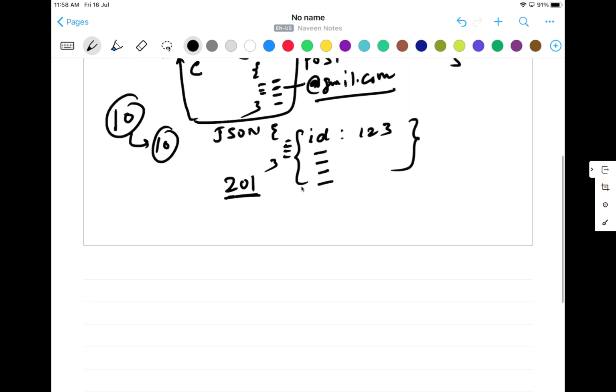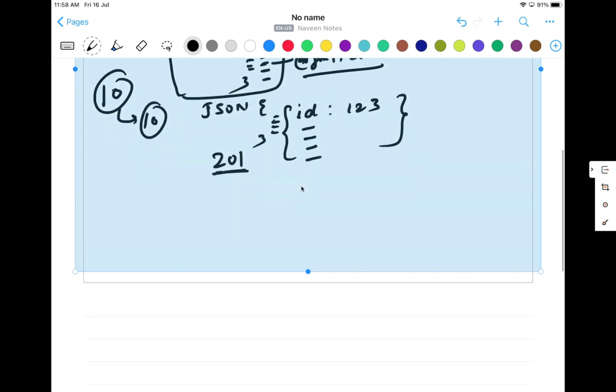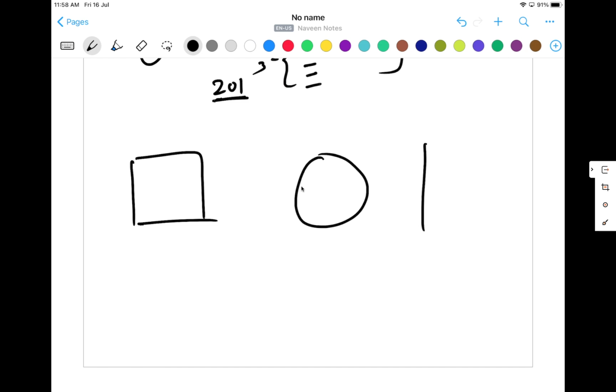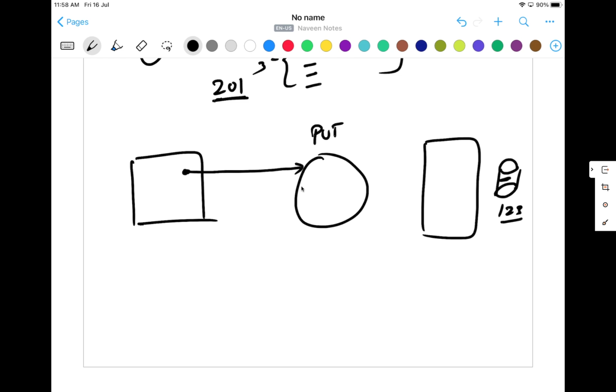Now, what do you mean by PUT? If you talk about PUT, it means the same client that you have, and then this is your PUT API, and this is your server, and this is your database, right? Then you say, okay, fine, this user is already there. User ID 123 is already there. This row is already there. And this is my PUT call. From the client side, I'll send a request via PUT to the server that, okay, hey, this is my 123 ID. I want to update this, and these are the information I want to update.